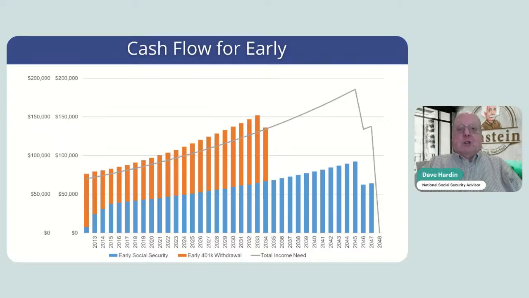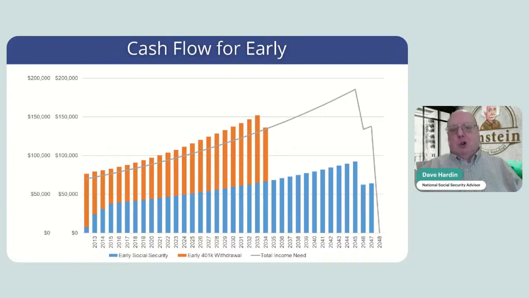This cash flow shows this couple making it two-thirds of the way through retirement. The one that started with $752,000 has run out of money two-thirds of the way through retirement, and they're living on Social Security. Now, can they live on Social Security? Maybe, but it's a huge, massive lifestyle change. It is just not what you want to do.